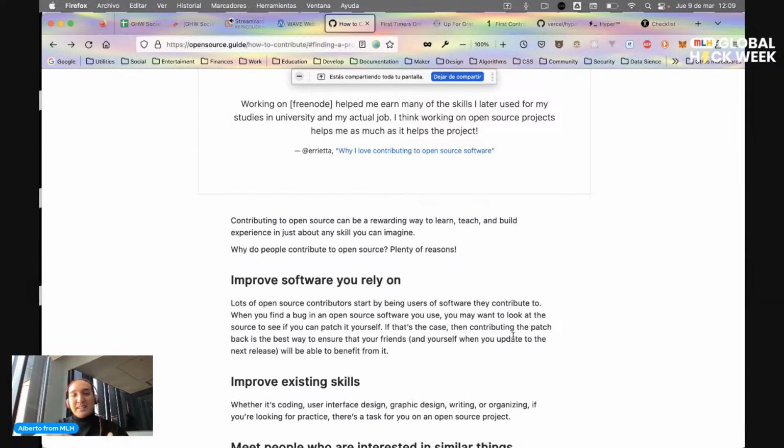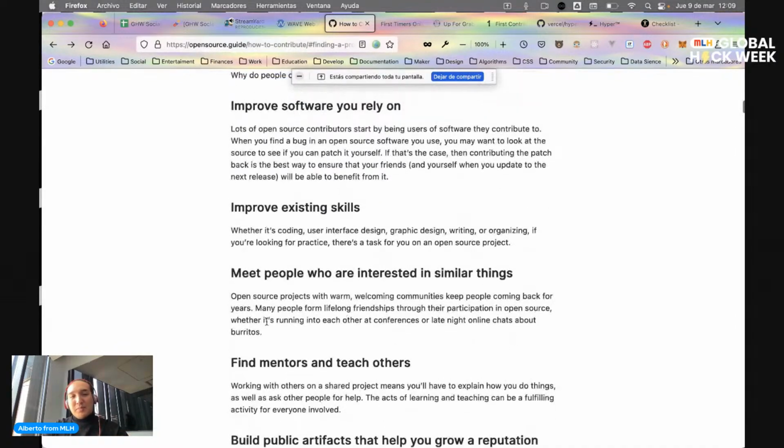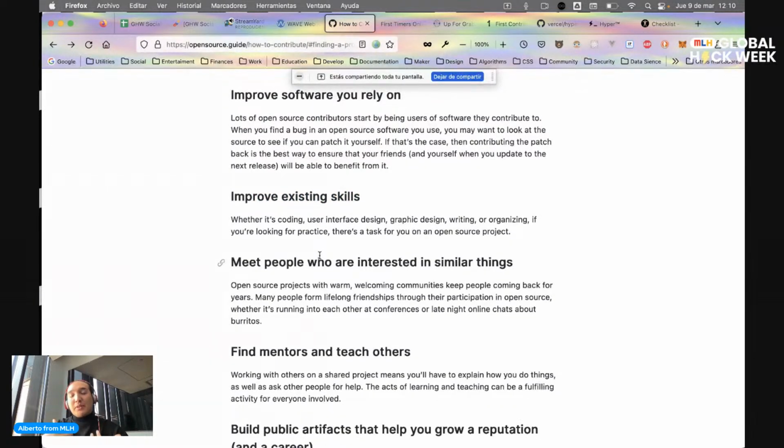Modern world, it's based on open source contributions. You get to meet a lot of people who are interested in similar things. Same thing as in communities. Let's say open source, it's a community, right? So this is very important. When you contribute to open source, you get to improve your skills, and you get experience in real world projects, and you can put that as students in your resume, so that's pretty cool.